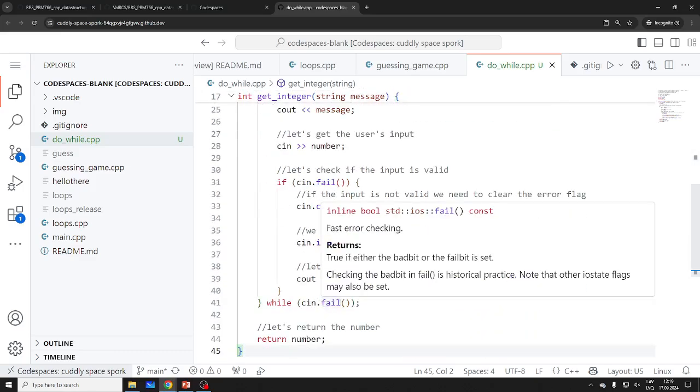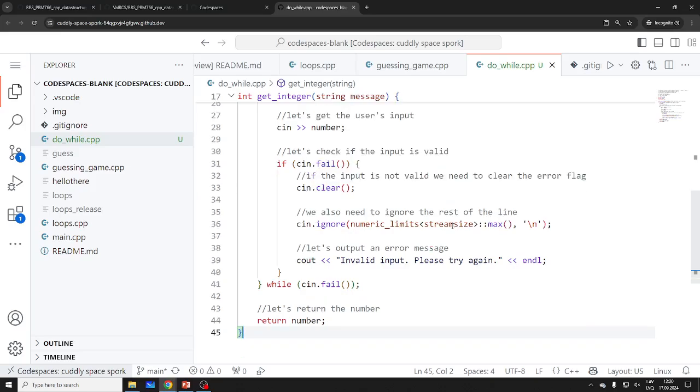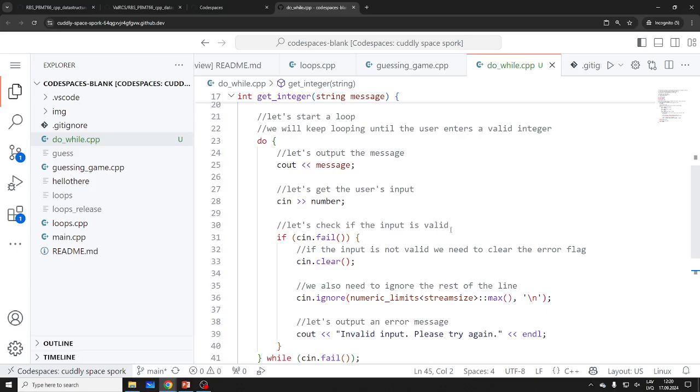They say while fail, but this looks like, oh yeah. I have a feeling this will run forever, no? This doesn't look good to me. I don't trust AI. Remember, trust but verify.